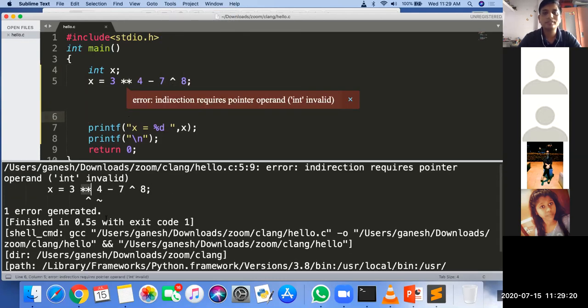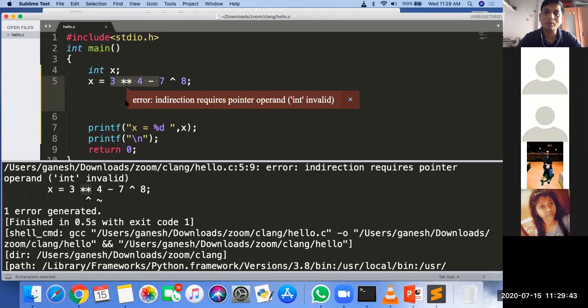This is invalid. The double star is present in Python, as the raised-to operator, 3 raised to 4. But the C language doesn't support the double star. So what is the moral of the story?